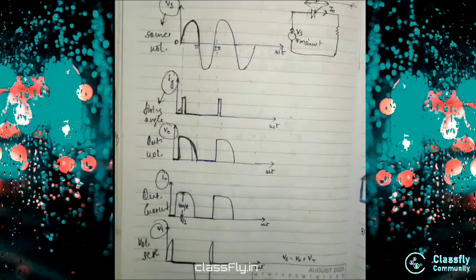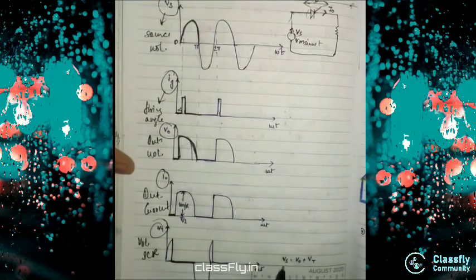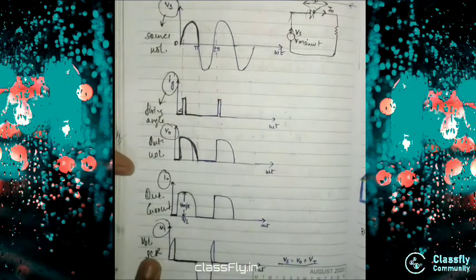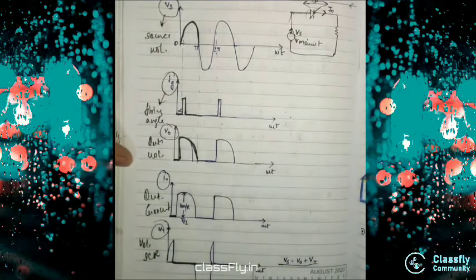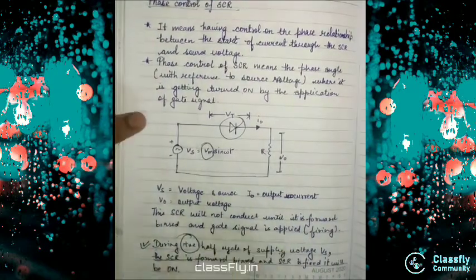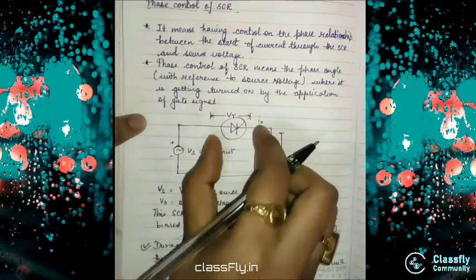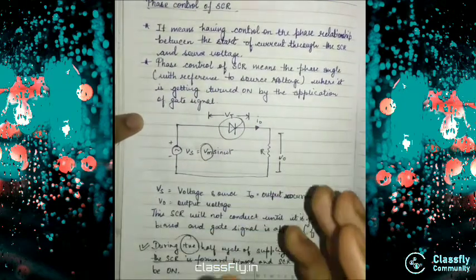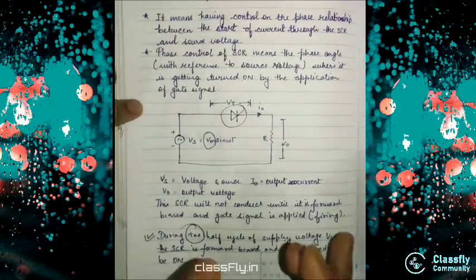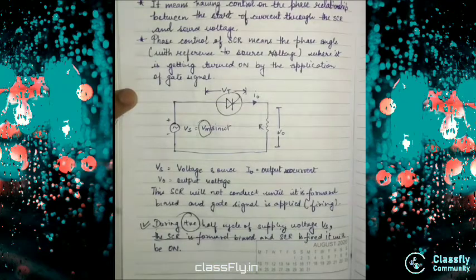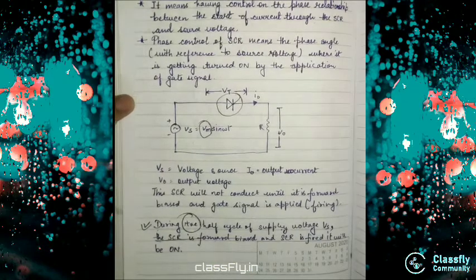So you can say that the source voltage is the combination of the output voltage and the voltage drop at the thyristor. So I hope you understood the phase control of the SCR. You need to remember that in the positive half cycle it will work, and until the firing angle it will not work, and it will continuously have voltage drop across the SCR. Okay, so today's lecture ends here. Till then, be happy and have a great day.